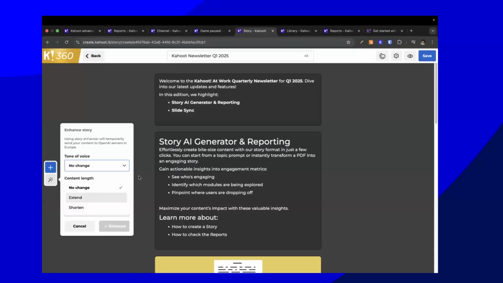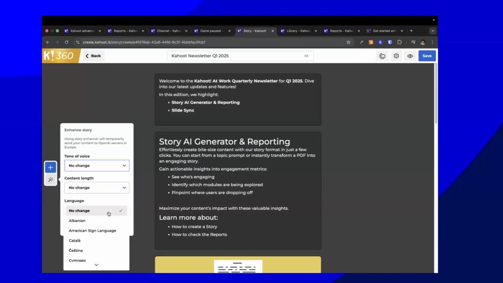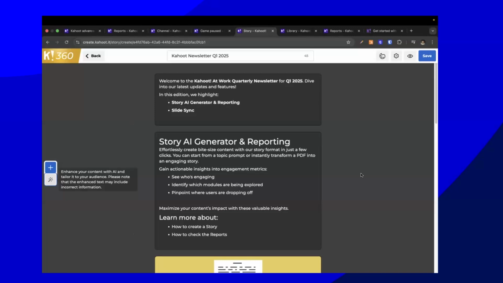It could be a bit long. And of course, I could change the language. And actually, the translation feature within this is pretty good. I only really speak one other language fluently, which is Italian, so I can attest to the fact that the translation is pretty valid. There's no weird auto translate bits in that.